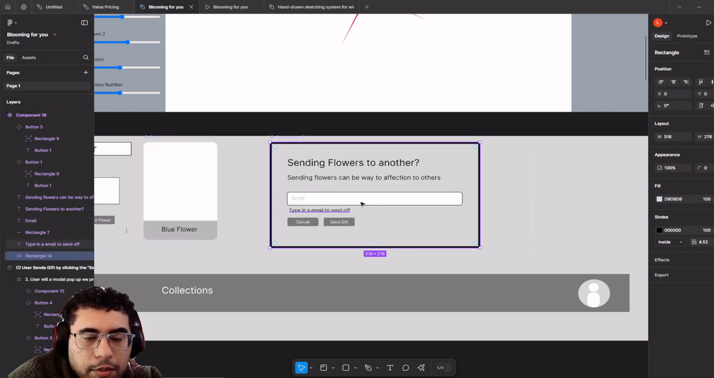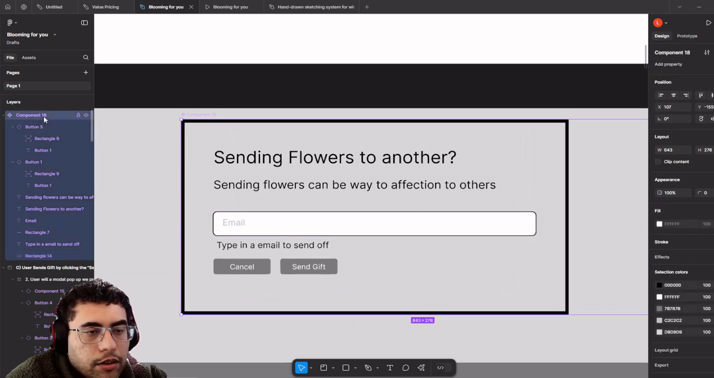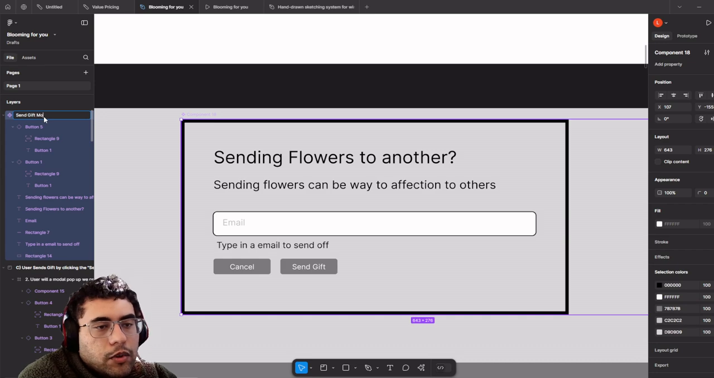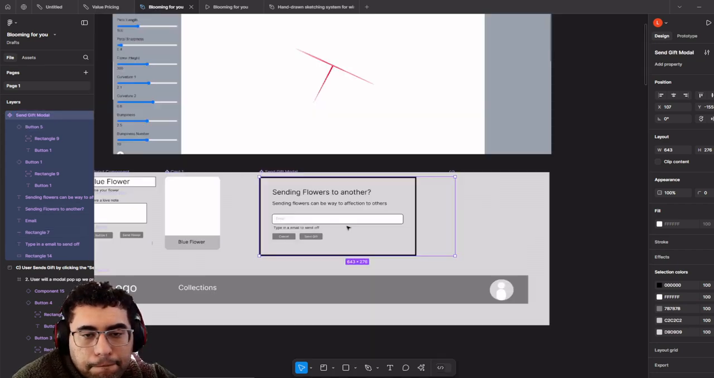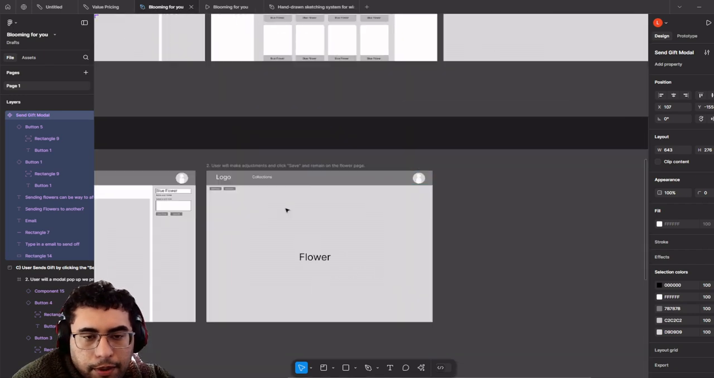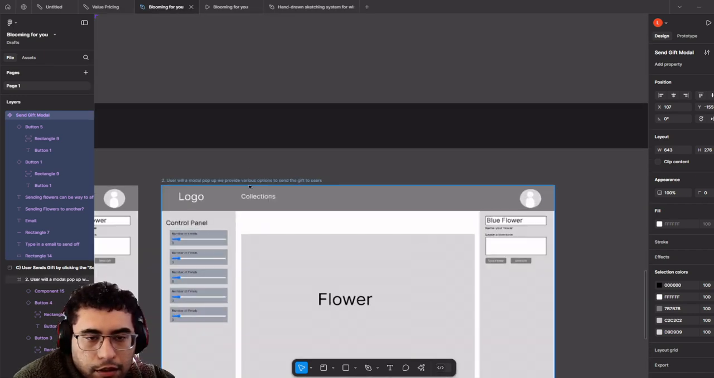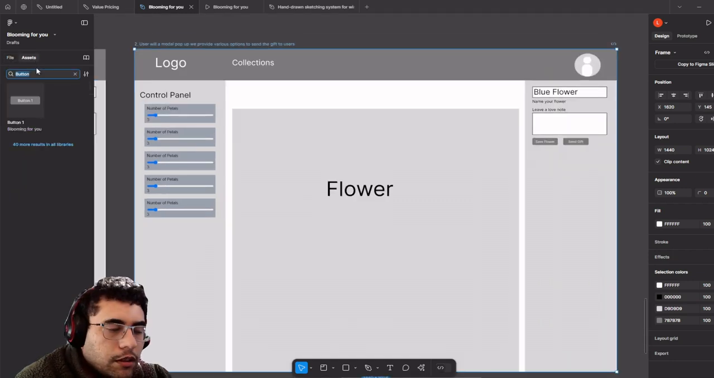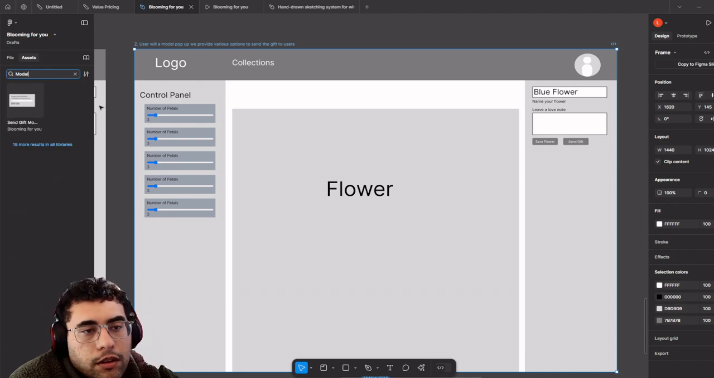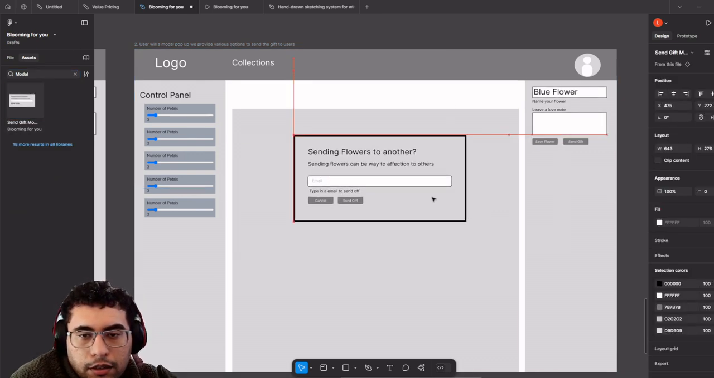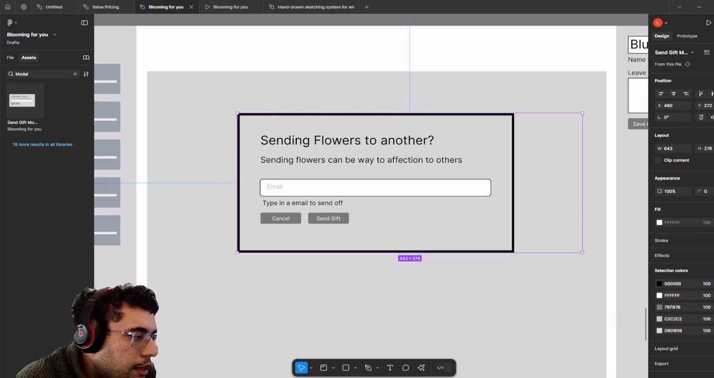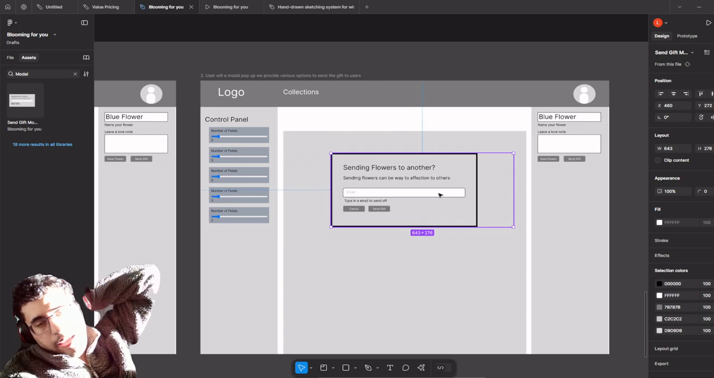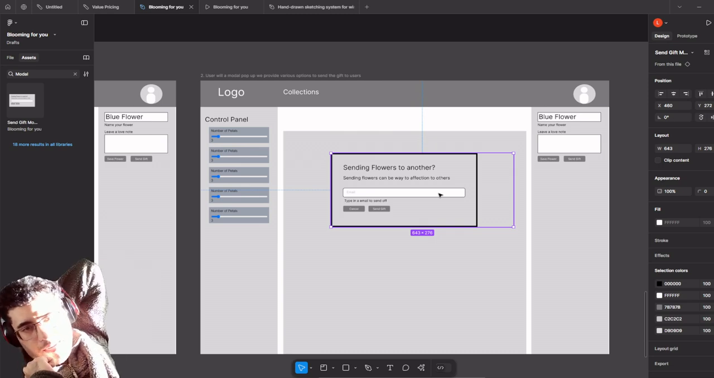Yeah, all right, that needs to be at the bottom. Okay, great. So now we're going to rename this to send gift modal. All right, and then we're going to put it back in here. All right, so modal, drag this over. There we go. That is done. So the user will type in an email there, and then